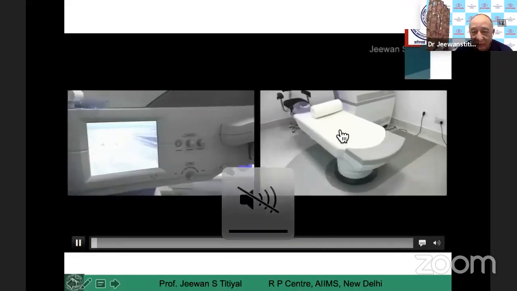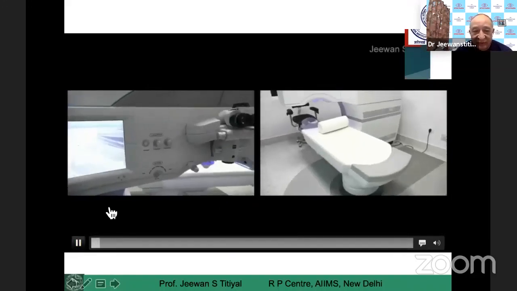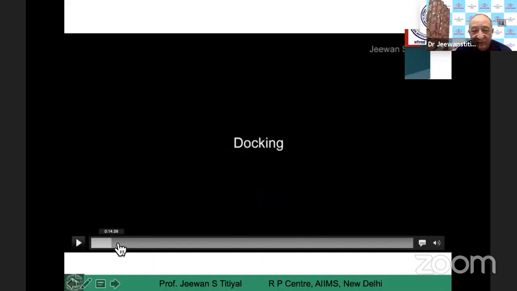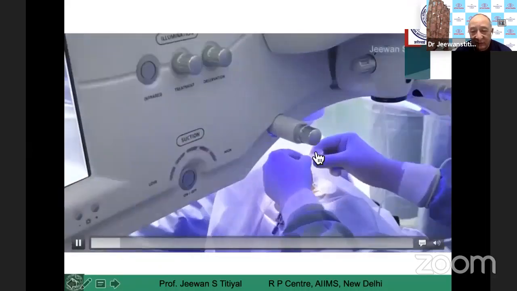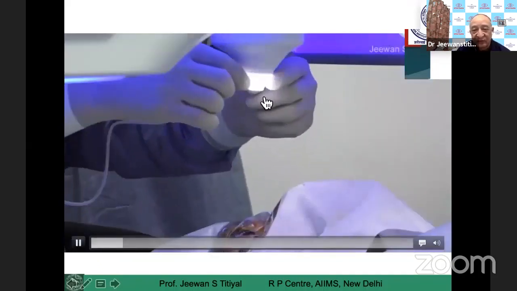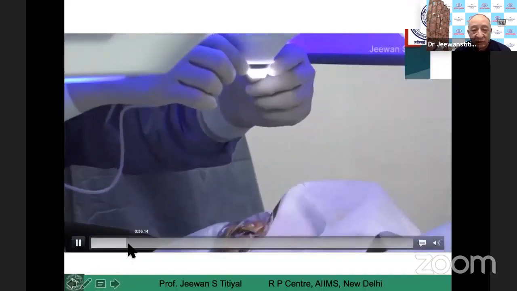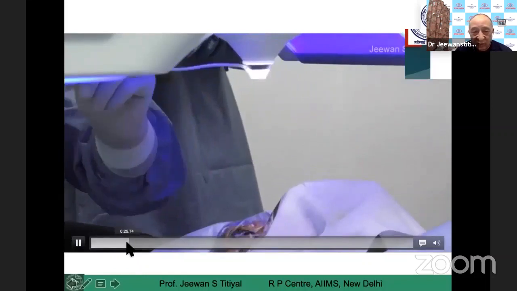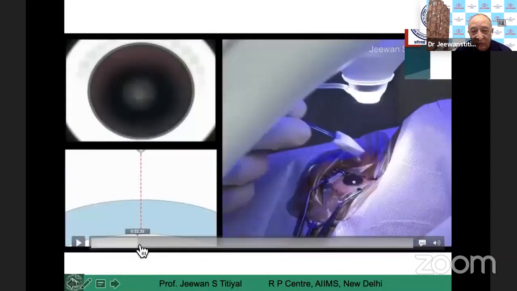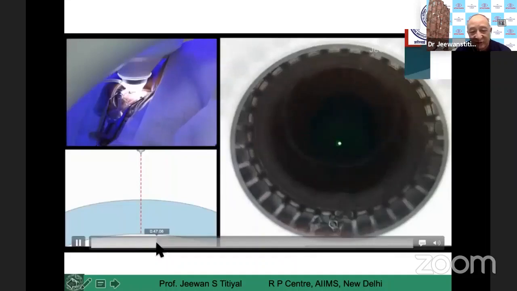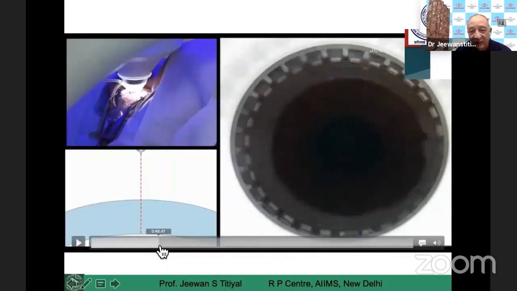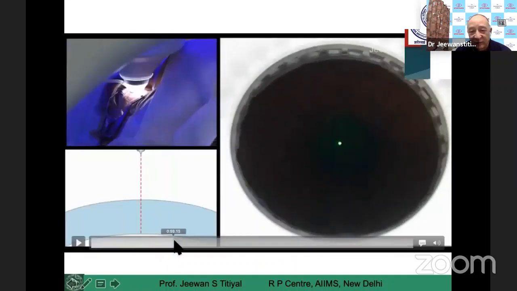If I show this video, you can see this is the patient bed and the laser machine orientation. The patient is placed and the suction ring is placed, and the contact lens is placed on the system. For each eye there has to be a new contact lens. Once we place it onto the cornea, suction is generated. You have to make sure the application is around 80 to 90% before you initiate the suction, and the entire treatment is a pupil-centered treatment. So that's the advantage here.